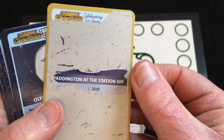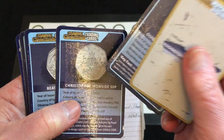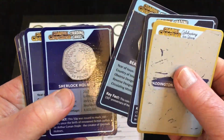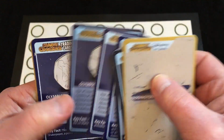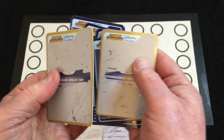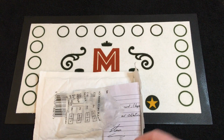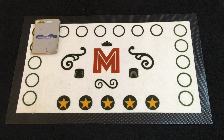So Paddington at the Station, Athletics, Christopher Ironside, which I might have, Beatrix Potter, Sherlock Holmes, D-Day, Equestrian, Weightlifting, and Platinum Jubilee, the gold as well. Let's pop them up there. And then